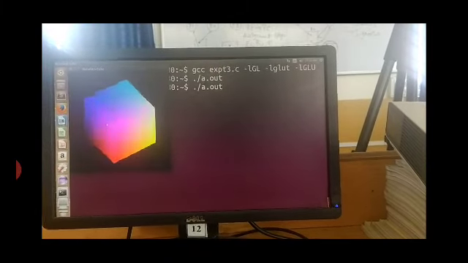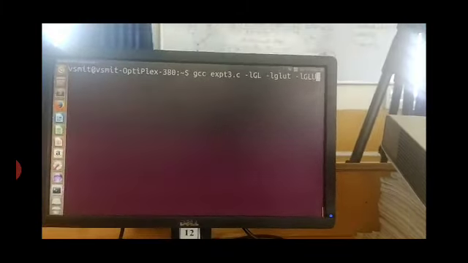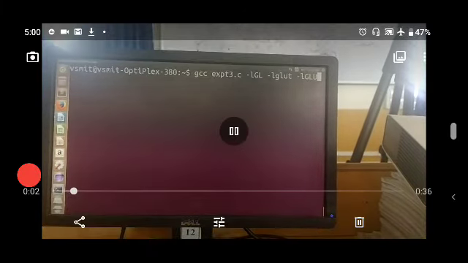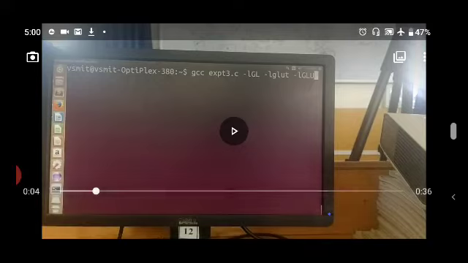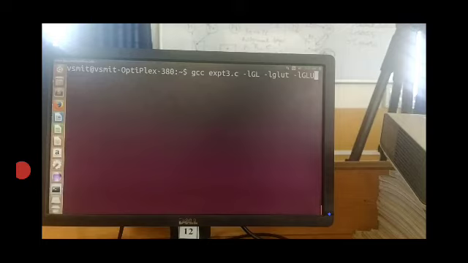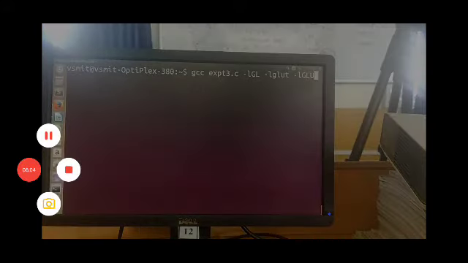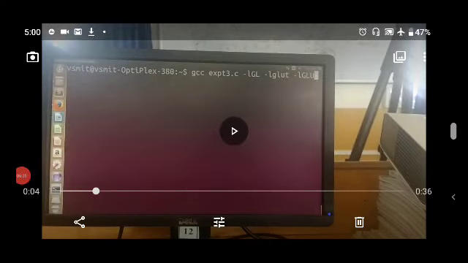When you press the right or left buttons of your mouse, it is going to rotate in different axes. This is how you can create a cube and you can rotate it in any direction, either in x-axis, y-axis or z-axis. Thank you.